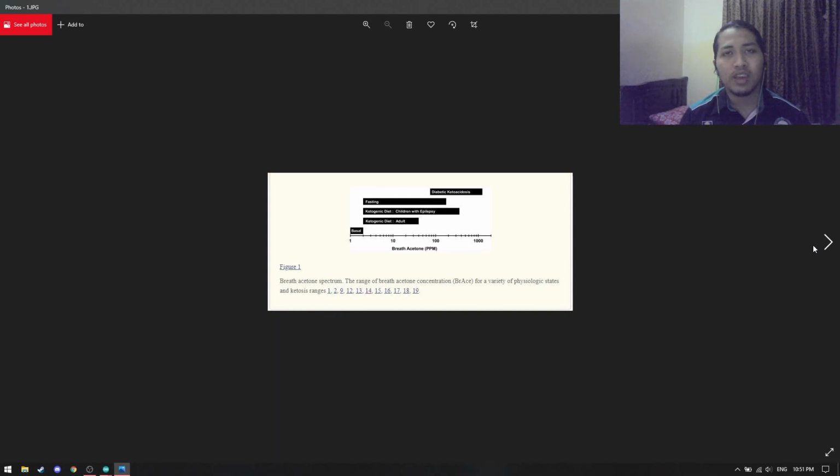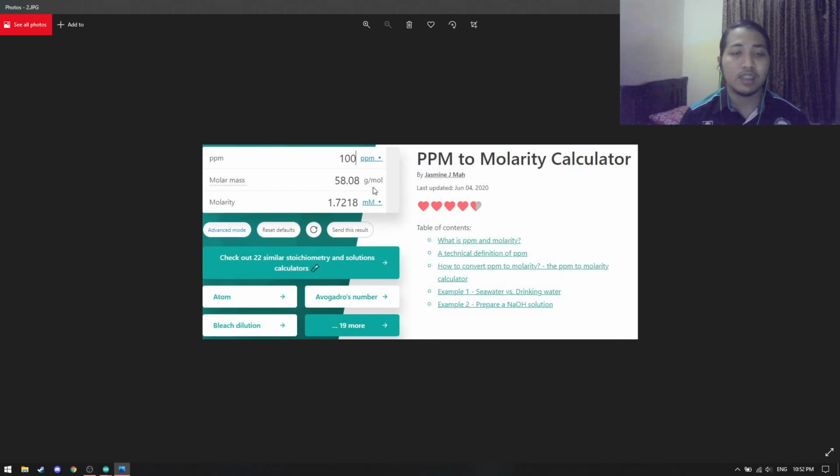So from that, I convert the reading. This one is in parts per million. I convert the reading to millimole per liter. As you can see here, I make a conversion from parts per million to millimole per liter, which is